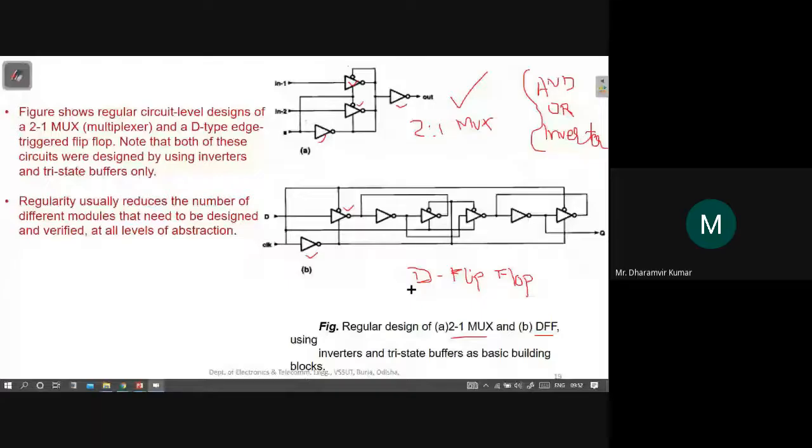Now you can also argue that we had seen circuits which used only AND gates, sorry, NAND gates and inverters. So there also we had seen only two types of components being used. Okay, right, that is also correct. But in this case also it's using just two types of different components. So in that sense it may be equal.